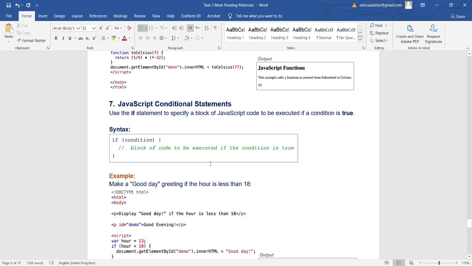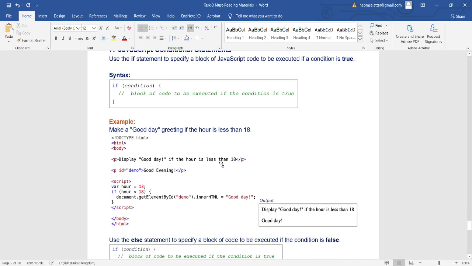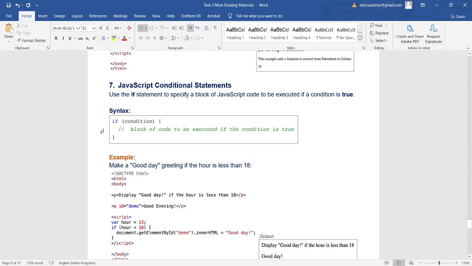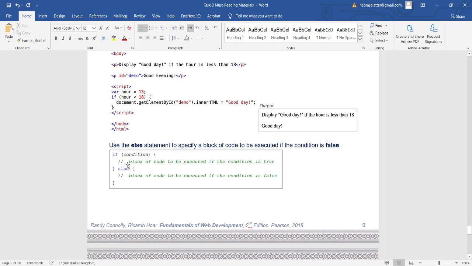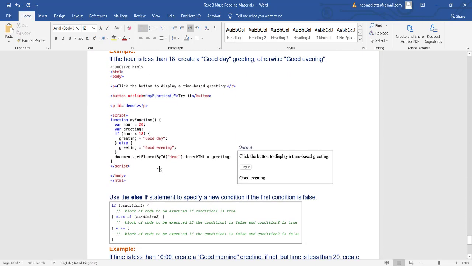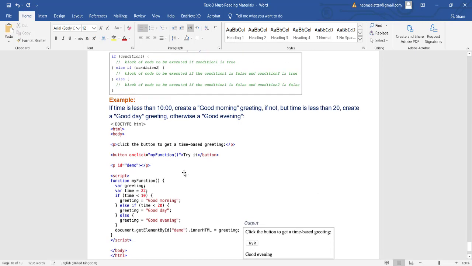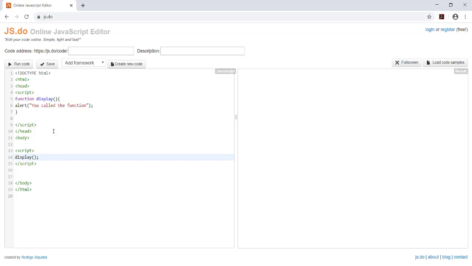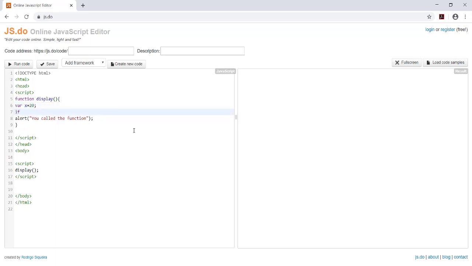The last thing we have here is about the conditional statements, which is the if statement. Here you can find the syntax of the if statement, how to write a simple if statement or an if else statement, in addition to the if else if statement. So we have an example about each statement. Let me show you an example about it here in the editor, a very quick one. So here, for example, I have a function. I will declare a variable. I will call it x, and it has the value 20. So I will say if x